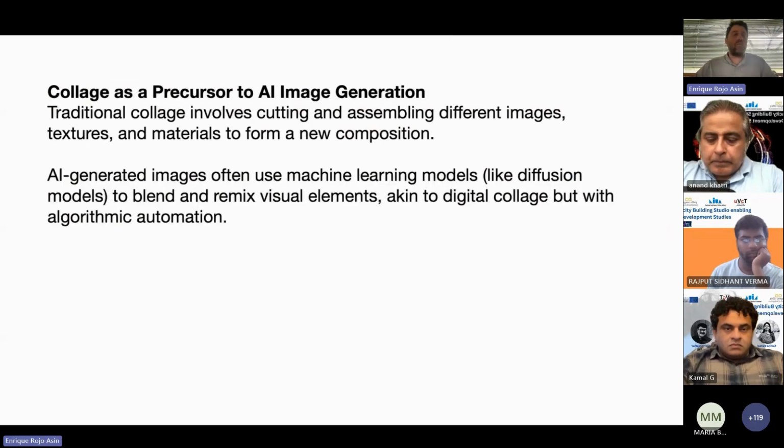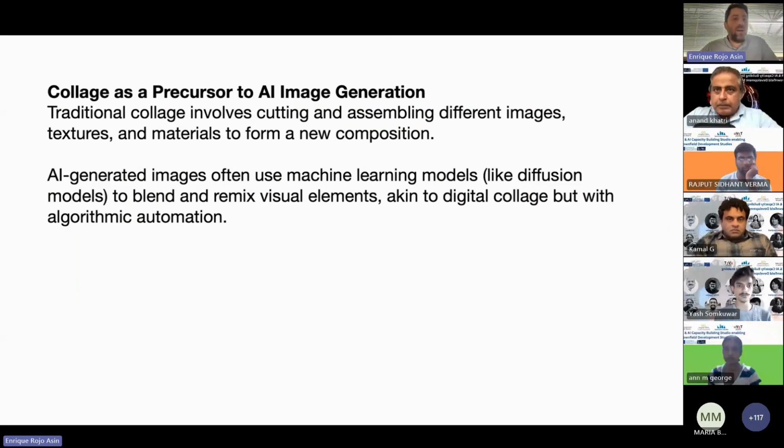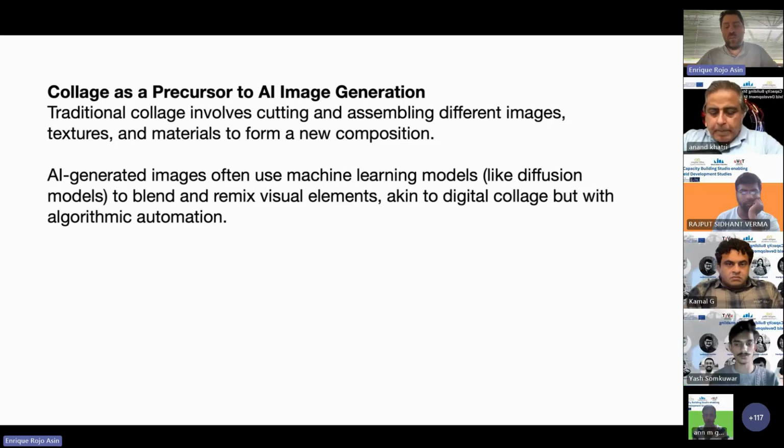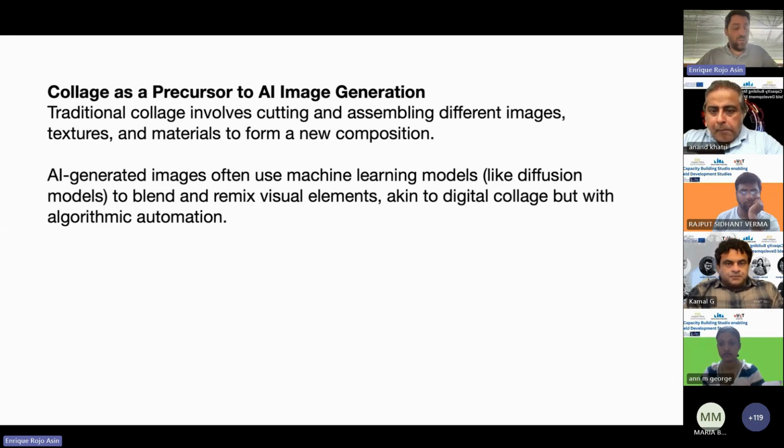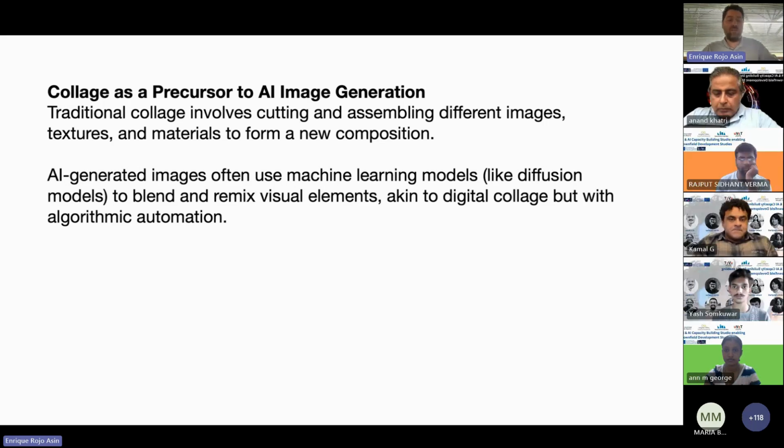So, for example, if we compare the collage, as I said, it's a precursor to image generation, because it involves cutting and assembling different images. That's also what you do when you start using these machine learning technologies, because that's how they train and how they refine the image, like making collages of every pixel.